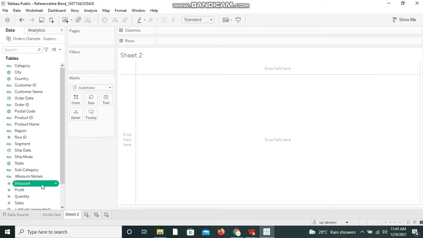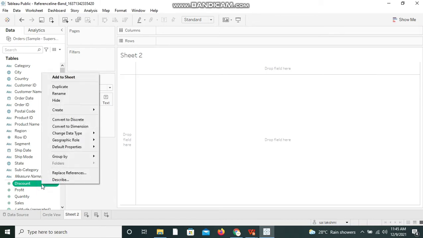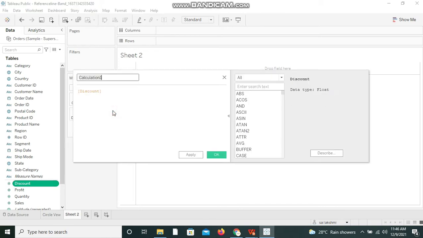So I have selected discount measure and right clicking on it, and you can see the option again create. Under create menu we have calculated field option on the top. I'm selecting that. You can see the difference, right? Initially when I clicked on category, it appeared over here.